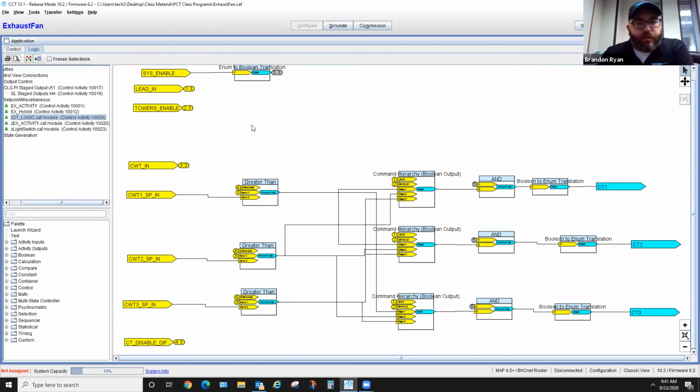So what we did here was we created our 3 conditions. We had the cooling tower 1 set point, cooling tower 2 set point, cooling tower 3 set point. And really these should probably be named like stage 1, stage 2, stage 3, because it's not necessarily pertaining to 1, 2, and